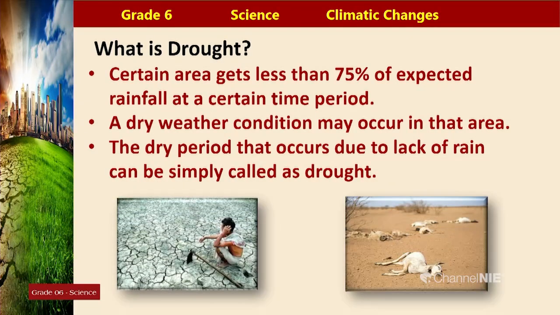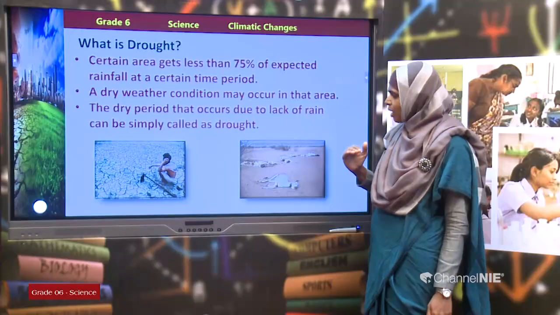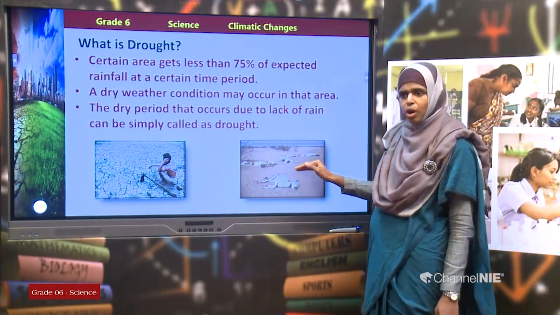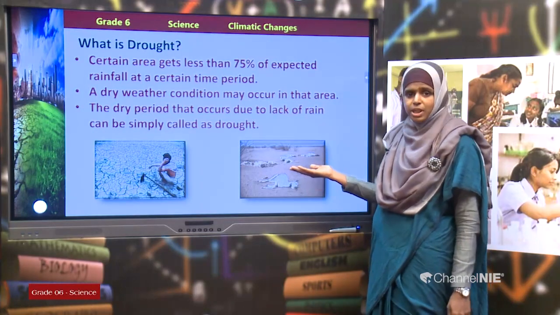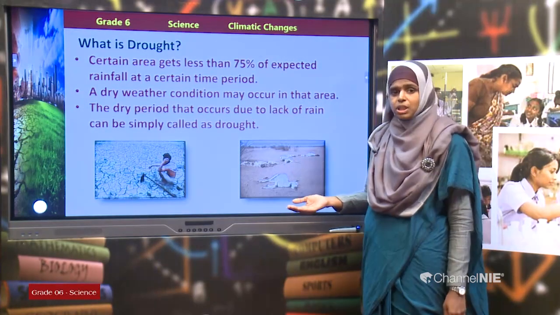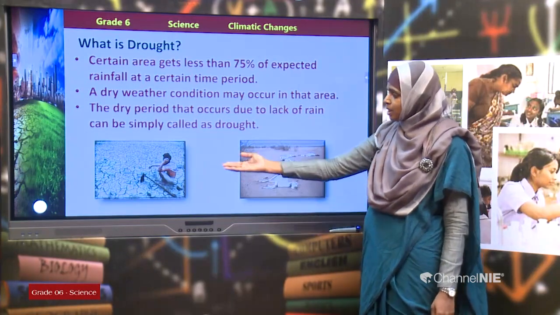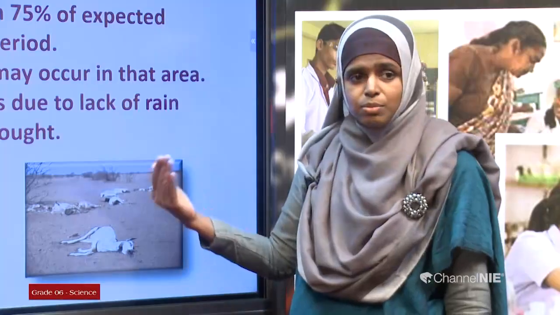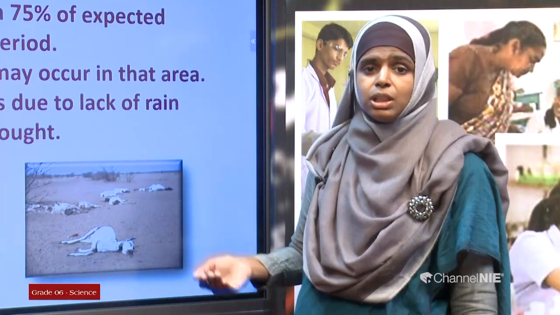You can see the impacts of drought. First, it would start with excessive evaporation. Water evaporates excessively from water bodies as well as plants and agricultural lands, and the groundwater level reduces day by day. Thereafter there won't be sufficient water for the animals. Animals would die, children. Even there won't be sufficient water for agricultural activities. You can see a farmer weeping, and for human consumption, there won't be sufficient water, children.